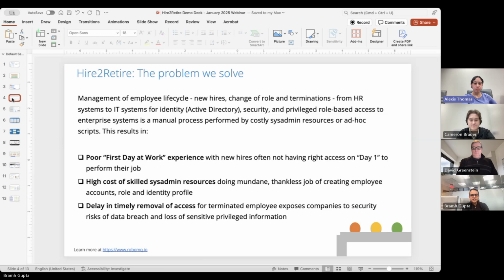Now jumping onto the problems that we solve: essentially managing the employee lifecycle from an identity perspective. The HR lifecycle is managed in the HR system. We manage it in the identity system, where it focuses on identity, security, privileges, which are role-based, and access and resource provisioning. And in the absence of a product like us,